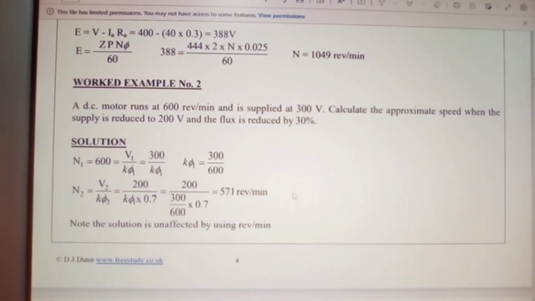This is motor principles session. This should be session 2. Okay,